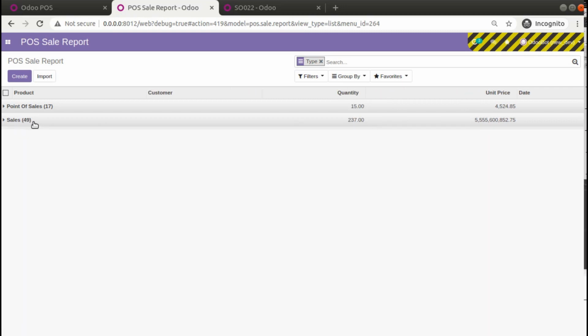So we have successfully created a model which brings data from point of sale order line as well as sale order line. So this is how we can create a view using query in Odoo, and this can be used for different purposes like reporting, pivot view, etc. And also you can see there are different people asking us how to create this a lot of times, so that's why we made this video.